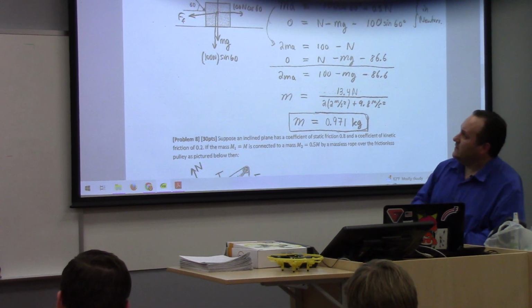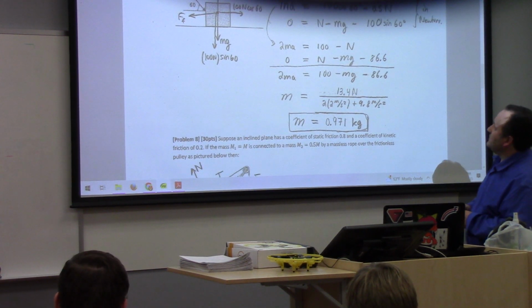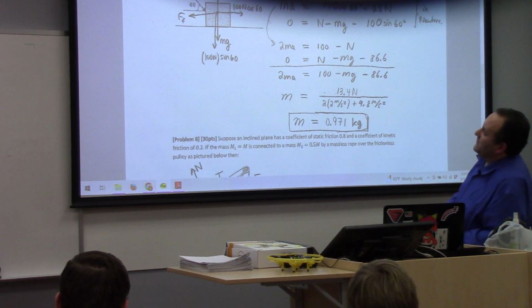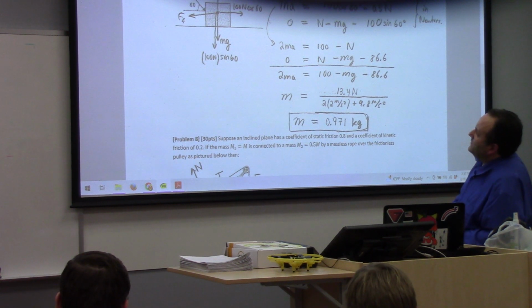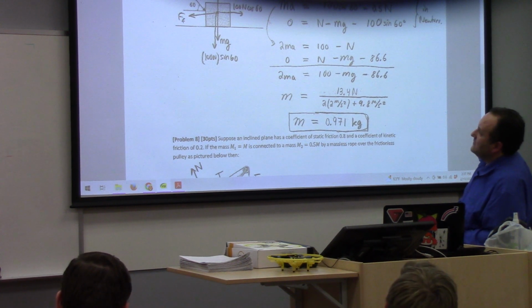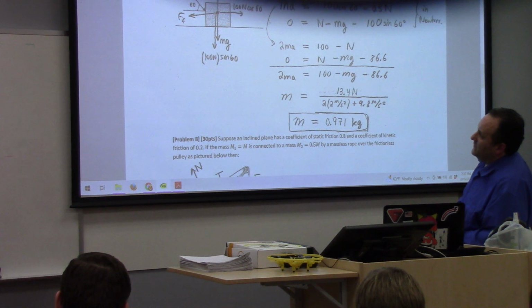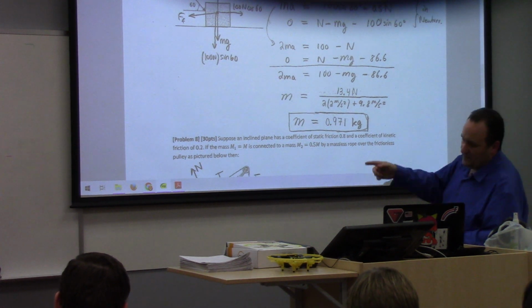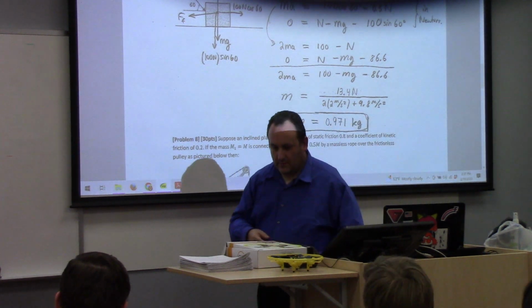Here's another one. You push a box with a force of 100 newtons directed 60 degrees above the horizontal. The box accelerates at 2 meters per second squared across a plane with coefficient of kinetic friction 0.5. Then what's the mass of the box? So we have to draw the free body diagram. We have to break that pushing force into its pieces, right? You've got the 100 newtons cosine 60 part of it, and